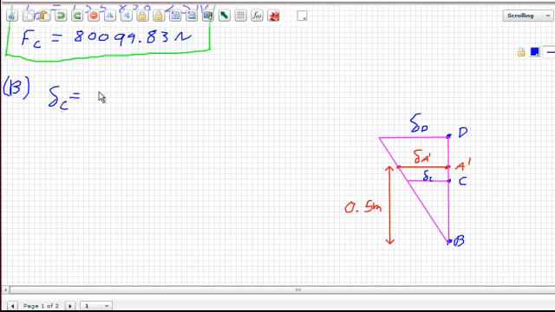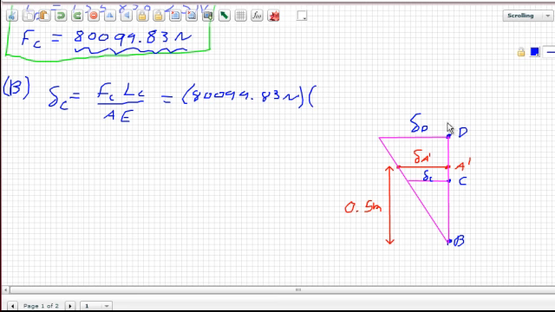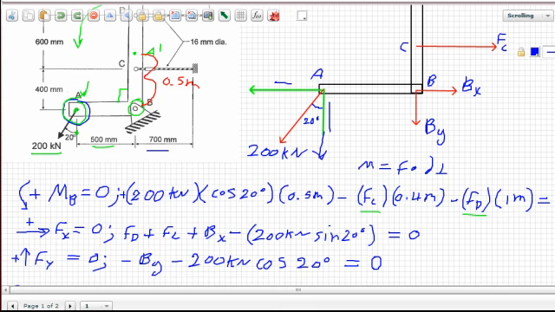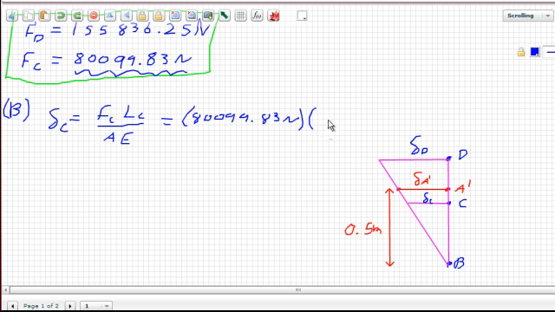Delta C is gonna equal, once again, FC multiplied by the length of cable C divided by the cross-sectional area multiplied by the elastic modulus. Now we've already figured out in the previous part of the question what FC is. So it is 899.83 newtons, multiplied by the length of cable C, and the length of cable C, if I remember correctly, is 0.7 meters. So that is going to be 0.7 meters